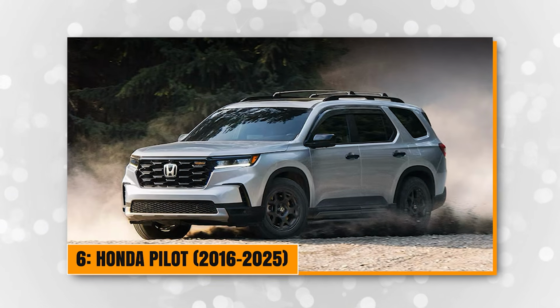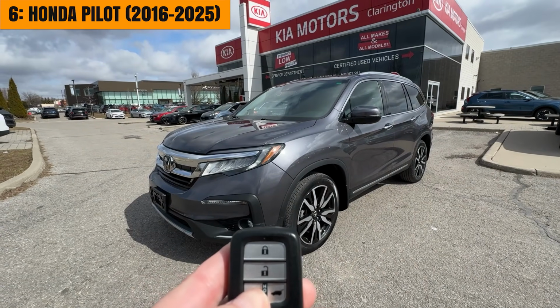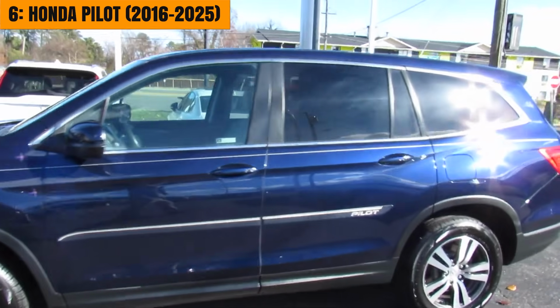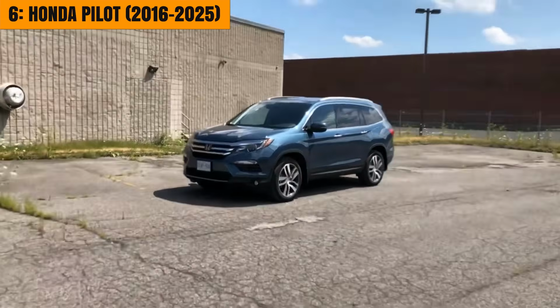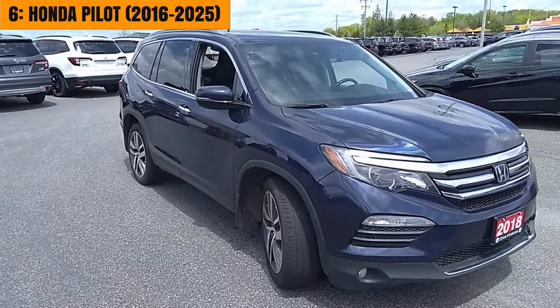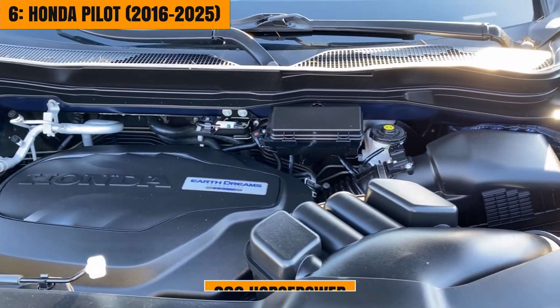Honda Pilot, 2016 to 2025. At number 6, we have Honda's 3-row champion, the Honda Pilot. This is what happens when Honda takes everything they learned from building reliable Accords and Odysseys and packages it into a proper 3-row SUV. The third generation, 2016 to 2022, brought refined styling and Honda's excellent 3.5-liter V6 producing 280